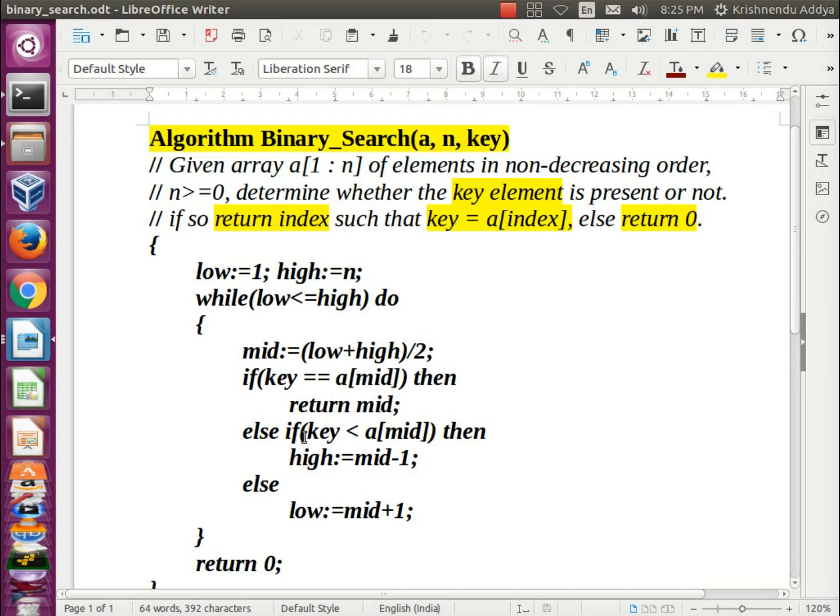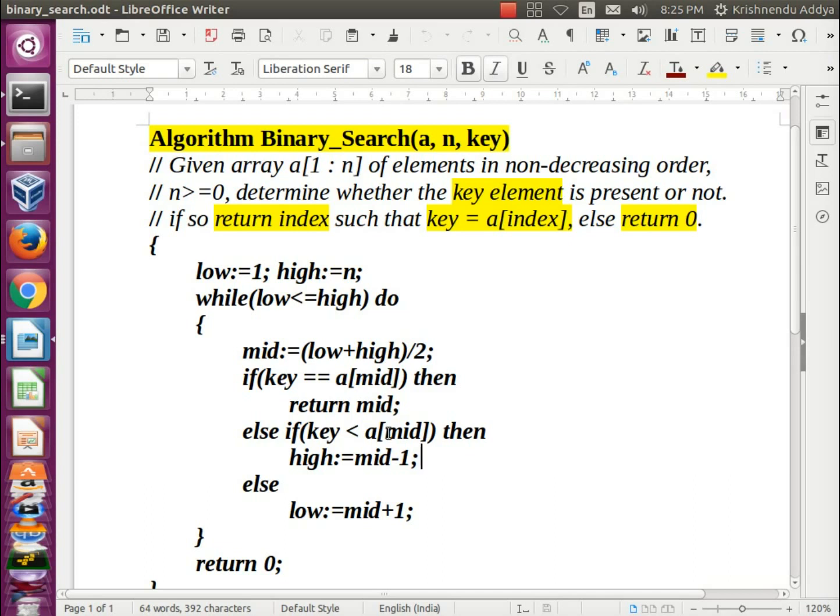Else if key is less than A[mid], that means the element is less than the middle position element, so the element may or may not be present in the range from the lower index to mid minus 1. So we have to assign high as mid minus 1.